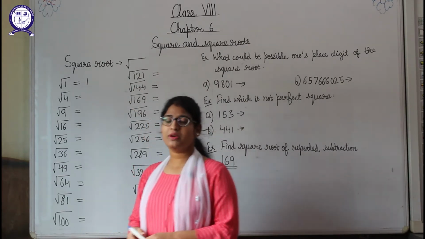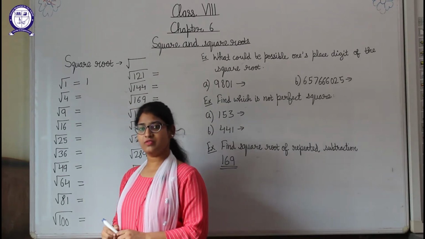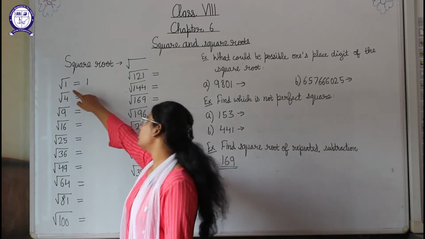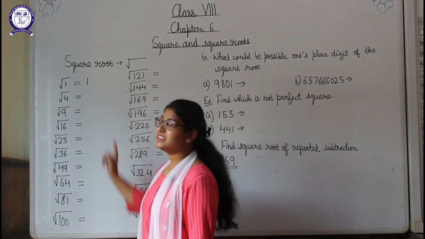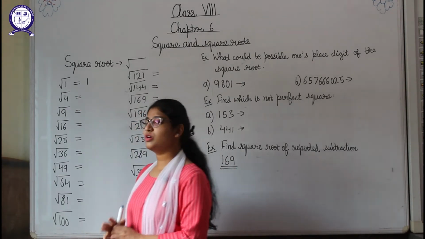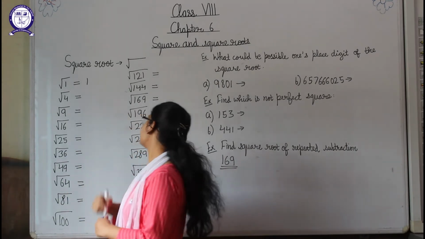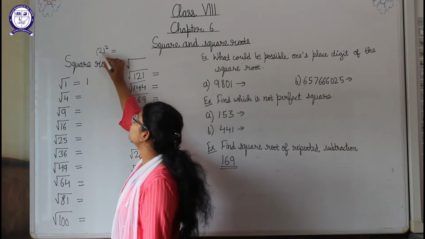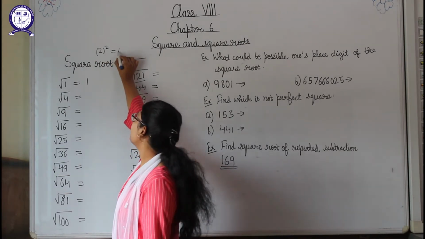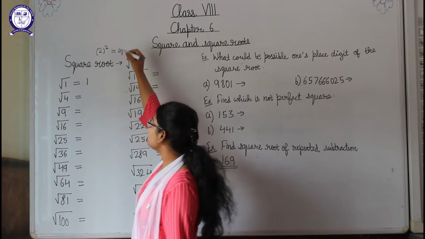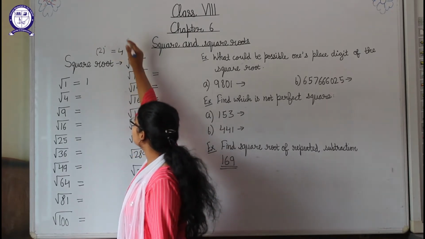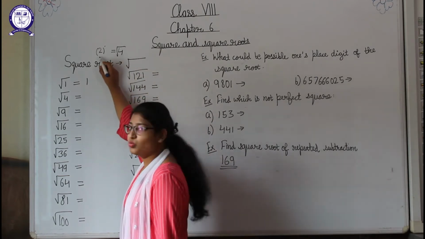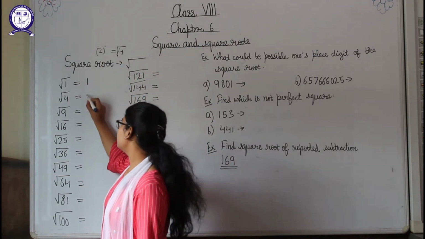Now you know about squares. What was the square of 1? 1 was the square, and the reverse of it means the root of 1 will be equal to 1. Like this, we have done the square of 2. 2 square was 4, as 2 square is 2 into 2, it means 4. Now its reverse: the square will become root here. It means root of 4 is 2. So the square root of 4 will be 2.